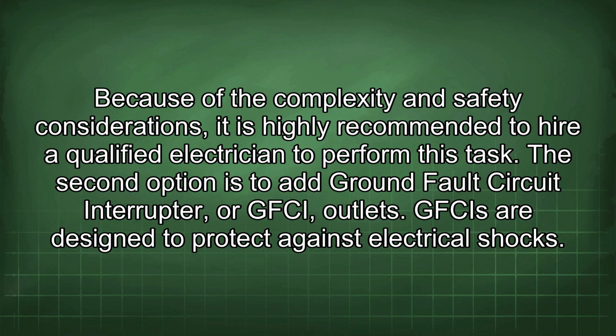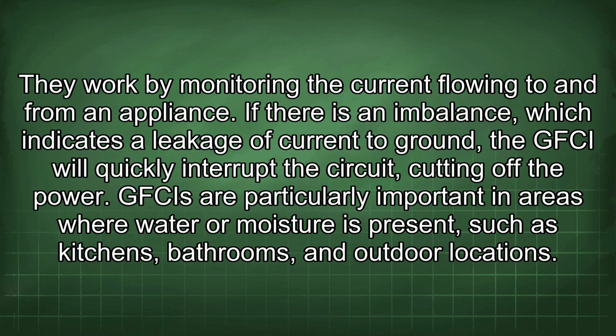perform this task. The second option is to add ground fault circuit interrupter, or GFCI, outlets. GFCIs are designed to protect against electrical shocks. They work by monitoring the current flowing to and from an appliance. If there is an imbalance, which indicates a leakage of current to ground, the GFCI will quickly interrupt the circuit, cutting off the power. GFCIs are particularly important in areas where water or moisture is present, such as kitchens, bathrooms,